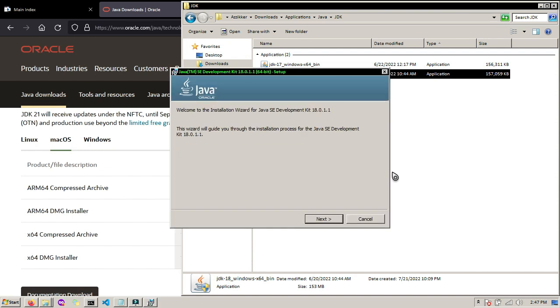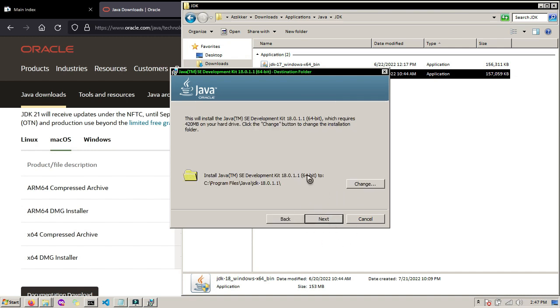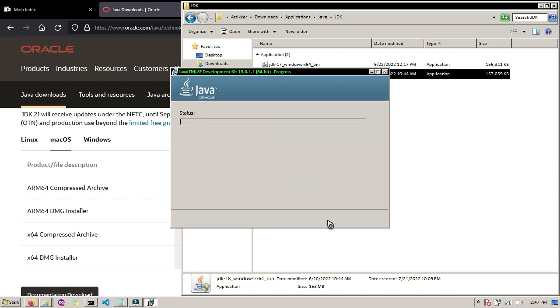Okay, now we have the window of the installer of JDK. So just follow the instructions. Just click the button next and read the installation directory where the JDK will be installed. So here the JDK will be installed in my Program Files in Drive C. So just click next, then wait for the installer to be completed. So here we have the status loading. It is the progress bar of the installation of the Java Development Kit.